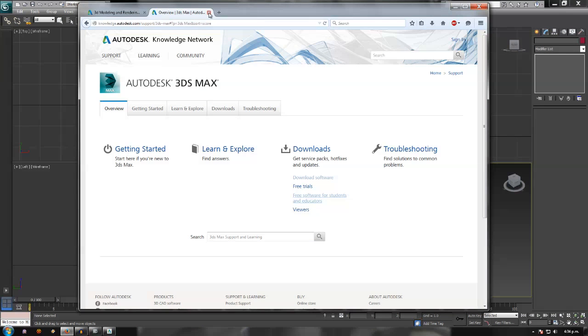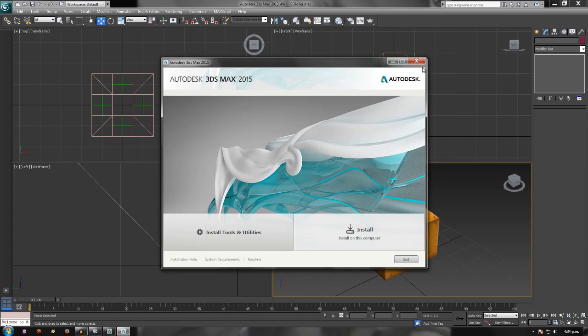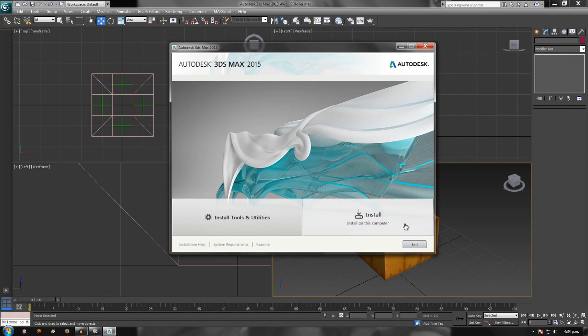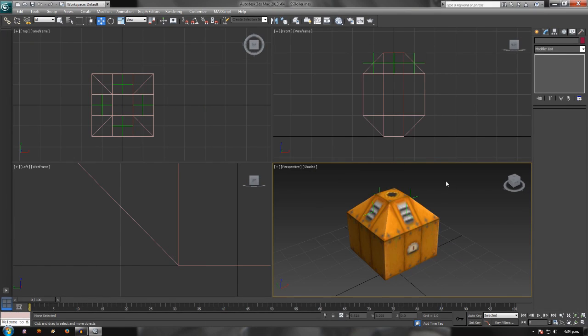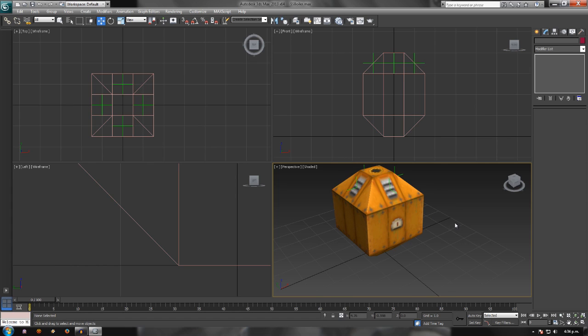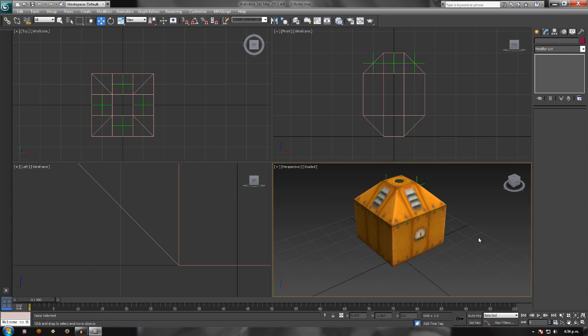So, now that I've shown you how to get that stuff, I want to exit that. So, now that I've discussed that, I've told you the reasons you should be using professional software, I've told you the reasons you should be using Techni and Taboola, and I've told you how to get some professional software for free. And 3ds Max is not scary at all to use. And it's probably the one that I'm going to be putting out the tutorials for. Okay, so